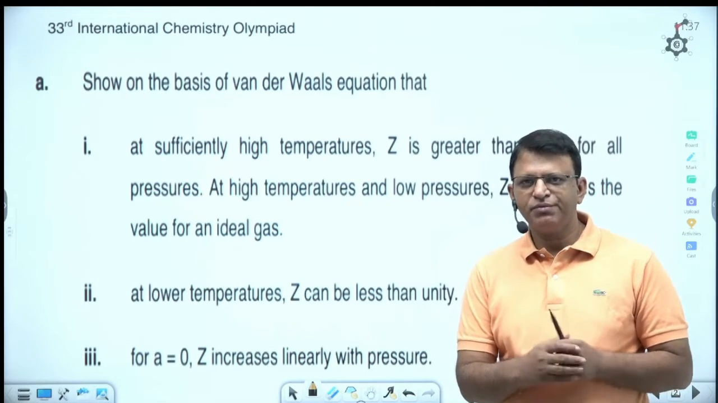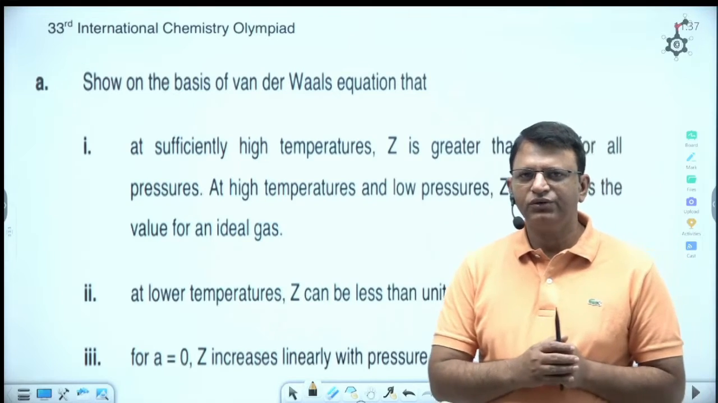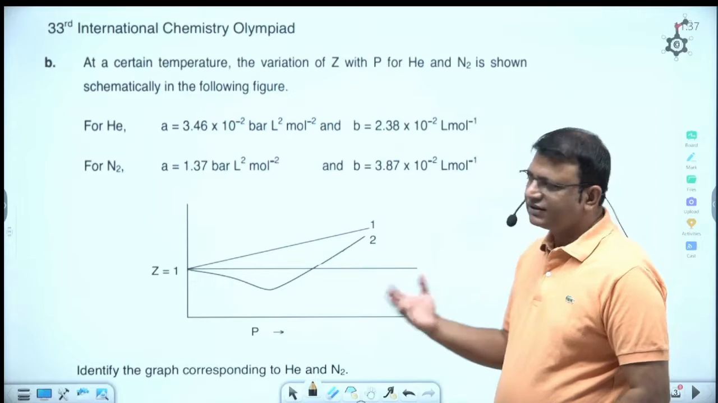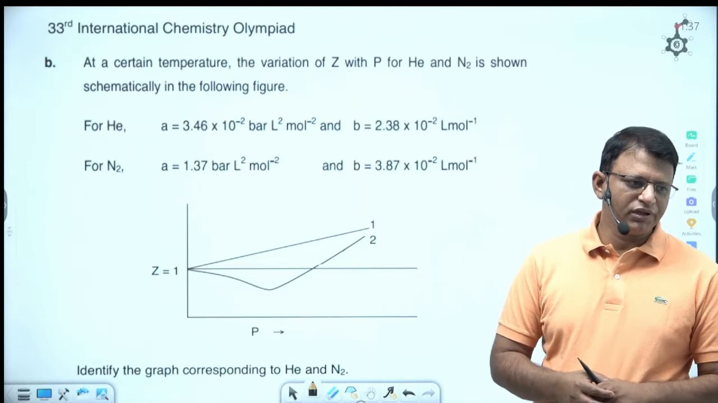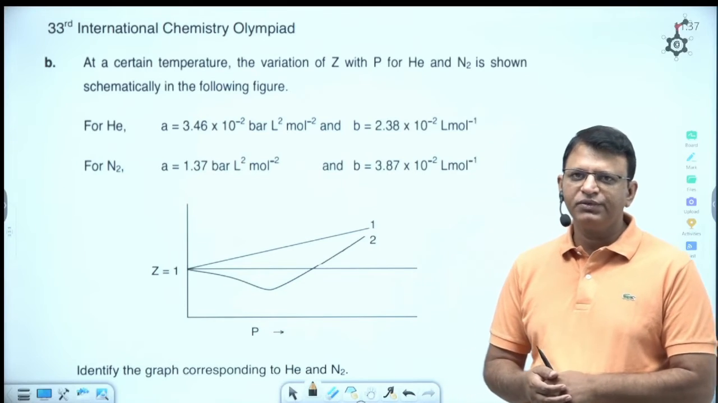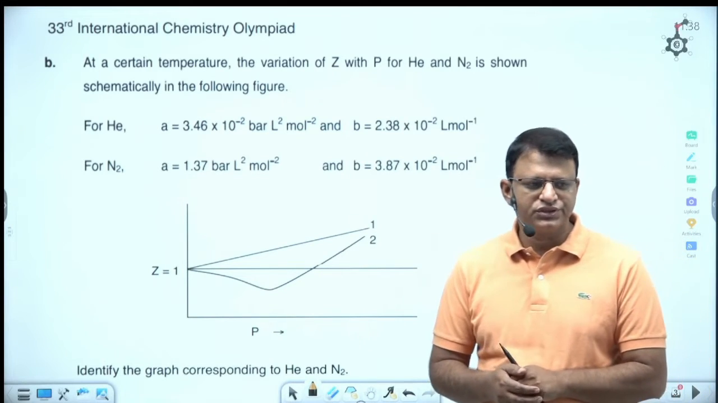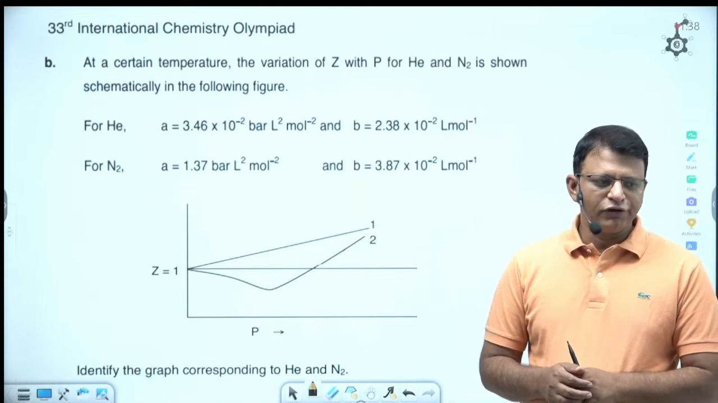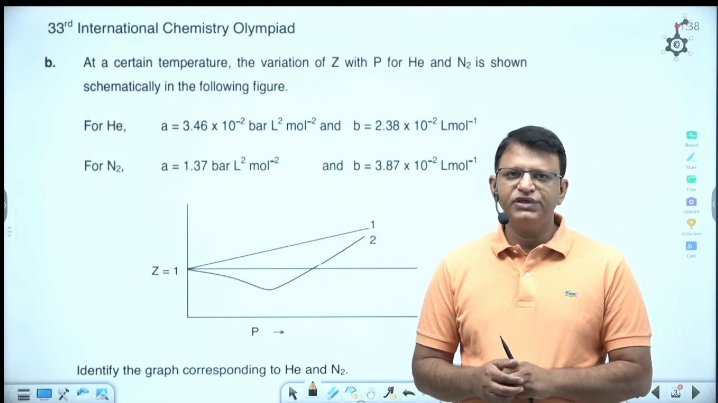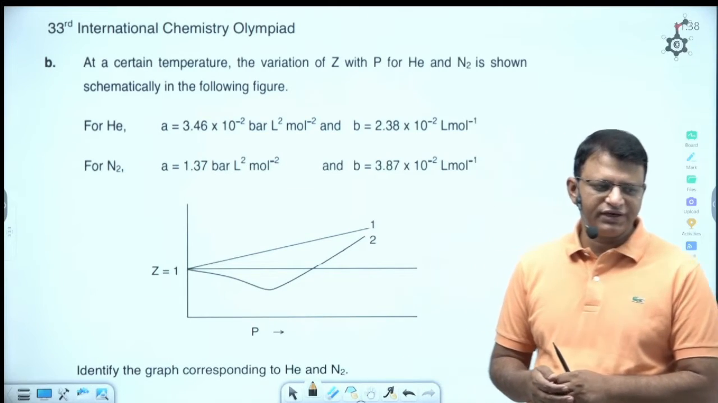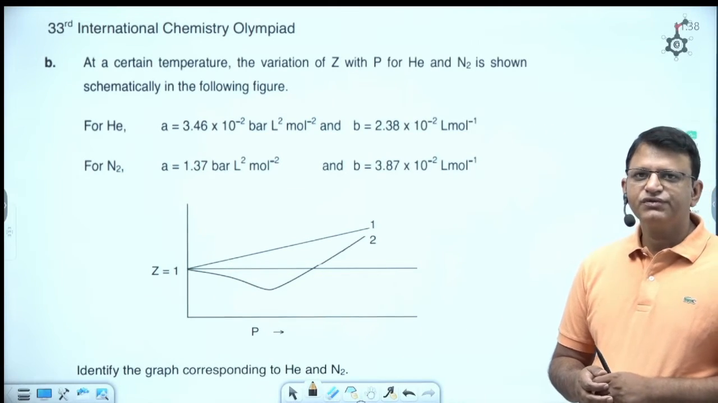So in this A part, they want to know how the value of Z is going to vary with pressure and temperature. Then in the B part of the problem, at a certain temperature, the variation of Z versus pressure for helium and nitrogen is shown schematically in the following figure, and the value of A and B for nitrogen and helium is given, and from there we have to find which graph is for helium and which